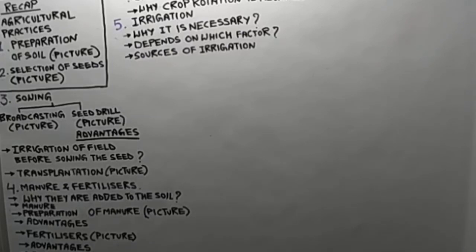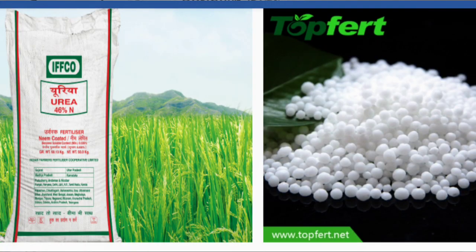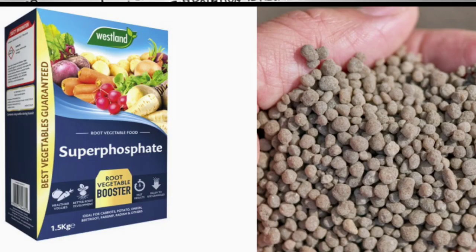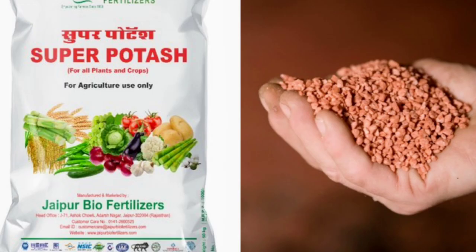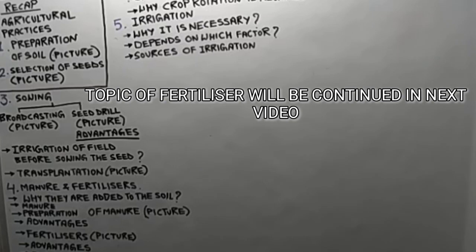Now, what do you mean by fertilizers? Fertilizer is basically an inorganic salt which is prepared in factories and which is rich in a particular nutrient like nitrogen, phosphorus and potassium. For example, if the farmer finds that the soil in his field has less nitrogen, phosphorus or potassium, he is going to use a particular fertilizer which is rich in nitrogen, phosphorus or potassium. As you can see in the picture,